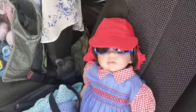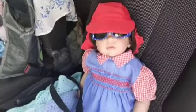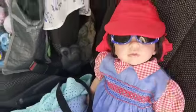Yay! We're here. Say we're here. We're waiting for you, Auntie Sarah. And this little one in the back here says, waiting for my new mama. Oh, you can't see her because of the sunshine. Well, it is now